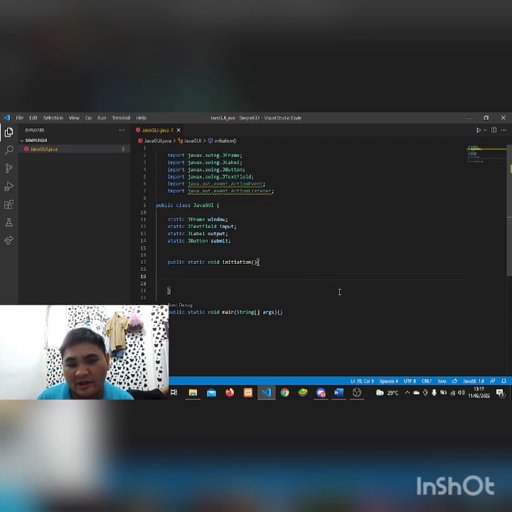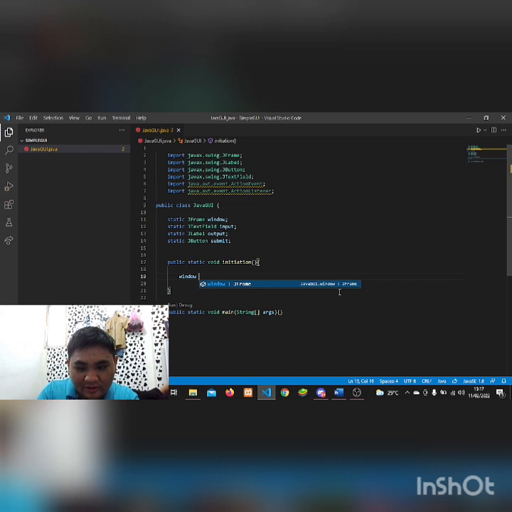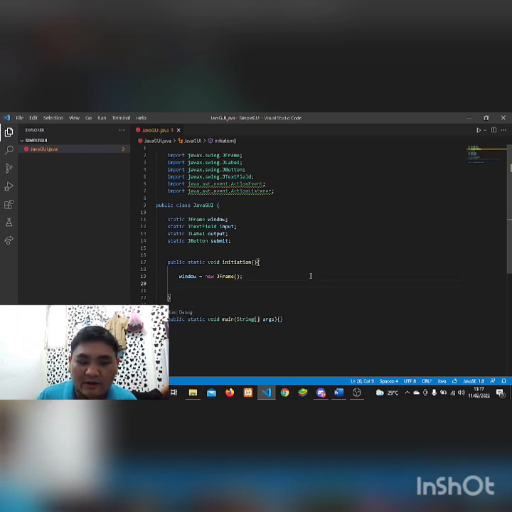Now, after we have set our attributes, we can focus on making the initiation method. The first thing we need to do in the initiation method is set up the window that we will use for our GUI program. First, of course, we need to make the JFrame, called window equals new JFrame, and then we need to set the size for our window